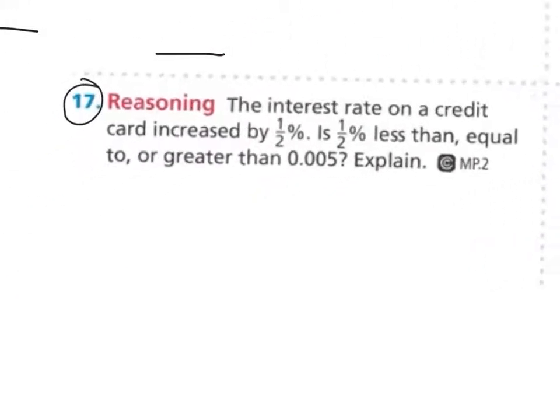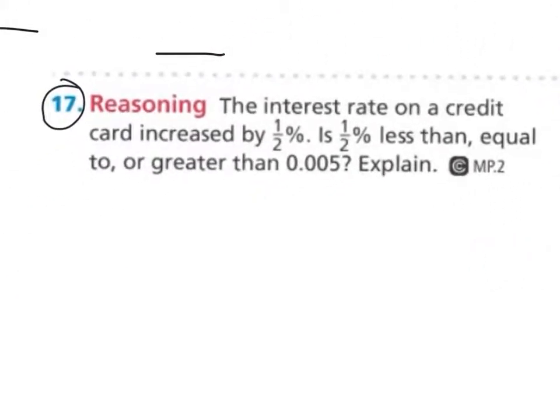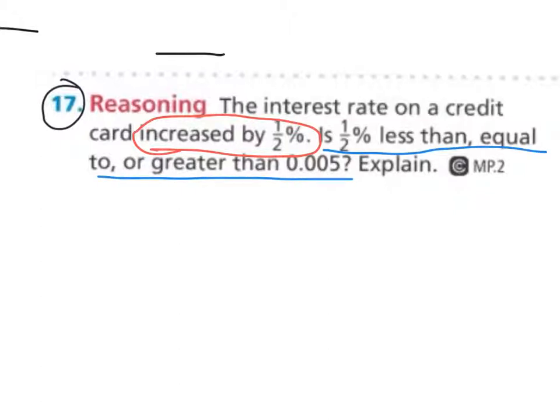So we look at number 17, the interest rate on a credit card increased by 0.5%. Is 0.5% less than, equal to, or greater than 5 thousandths? And explain. So this one,